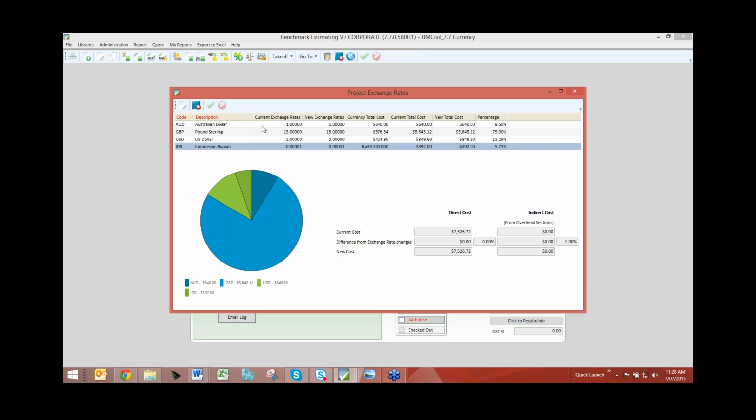You can edit these on a project-by-project basis. If I select edit, you can see now that the editable fields are highlighted in yellow, so you can apply project-specific exchange rates for the different currencies that your project is using. Your home or base